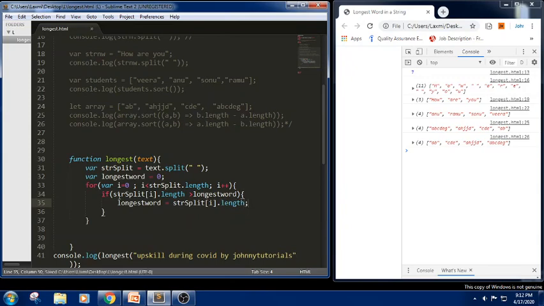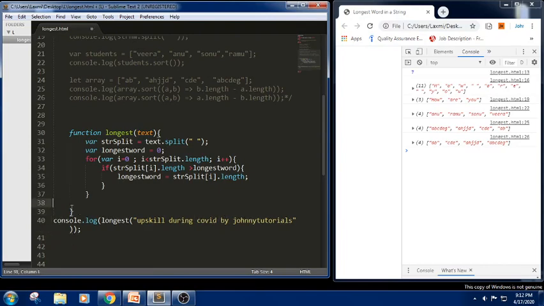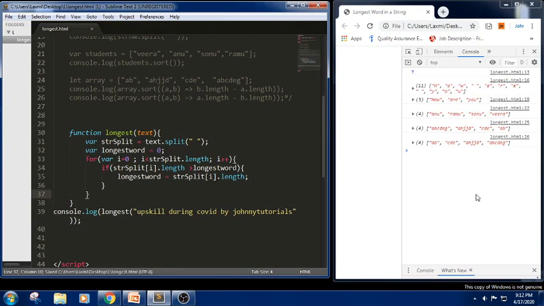It means it will try to iterate the loop until it matches the length of the highest word. In the sense, it will take the first one and compare what is the first word length, 1 2 3 4 5 6 7 8 9, and calculate the length of it. It will compare with greater than 0. If it is greater than 0, then it will be stored in this longest word. Again it will compare with the next word, and again with the next word. So it will compare with a particular word repeatedly until it matches the string.